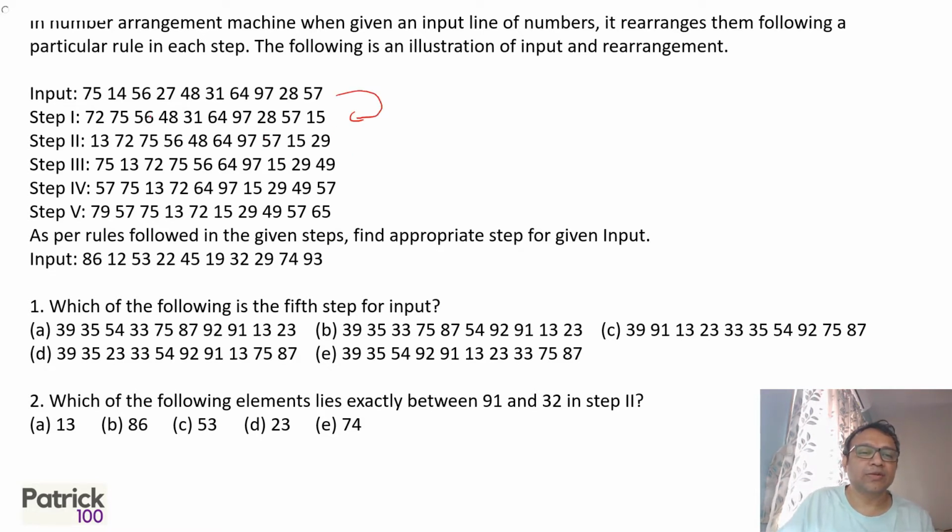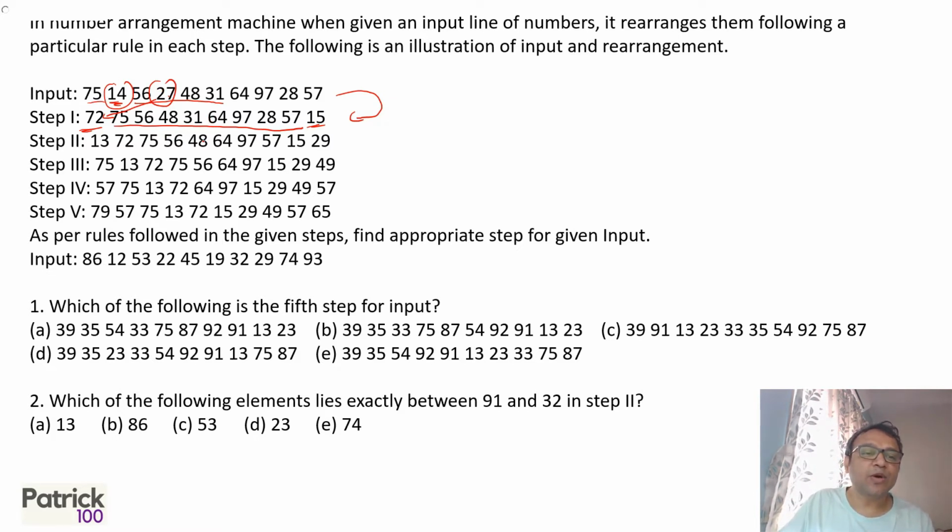What is changing? If you look at all the numbers in order, 75, 56, 27, 48, 31, all the numbers are in order except a couple of numbers, which is 14 is not in the series and 27 is not in the series. You will realize that 27 has gone first, reversed and become 72. 14 has gone last, has become plus 1, 15. Now, what is 14 and 27? The smallest even number, the smallest odd number.